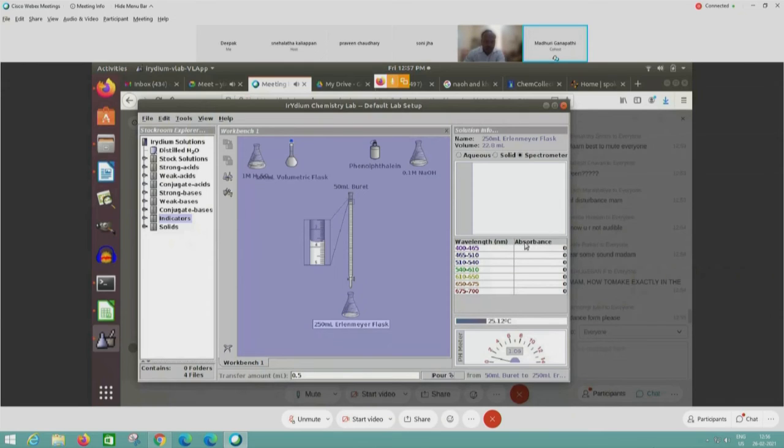We'll keep an eye on the spectrometer absorbance. I have already clicked the spectrometer radio button. Here it is. And also see the change in pH. Here please notice the temperature is changing. I'll add quickly first and then slowly after some time, then I'll change the transfer amount. Maybe I'll add realistic transfer.